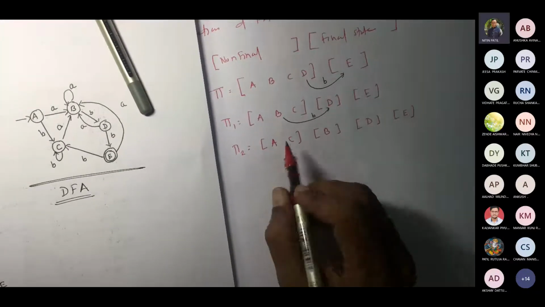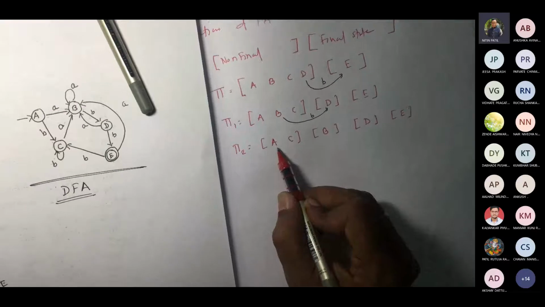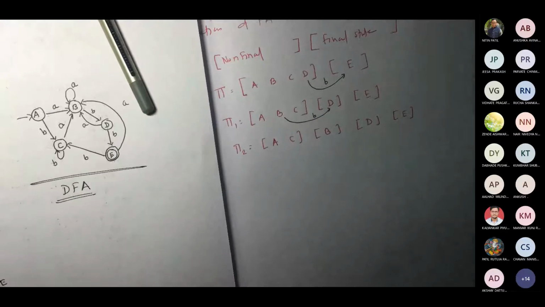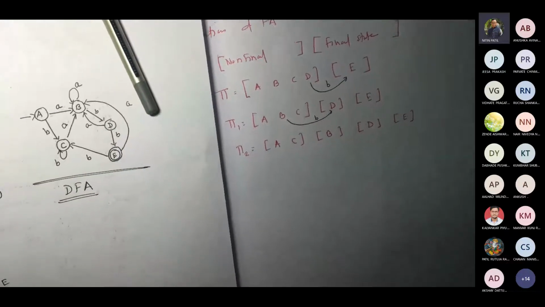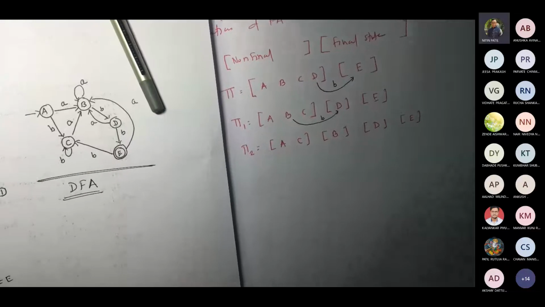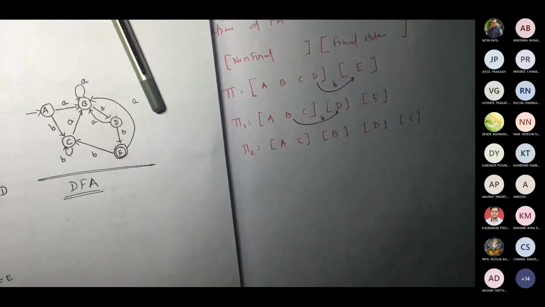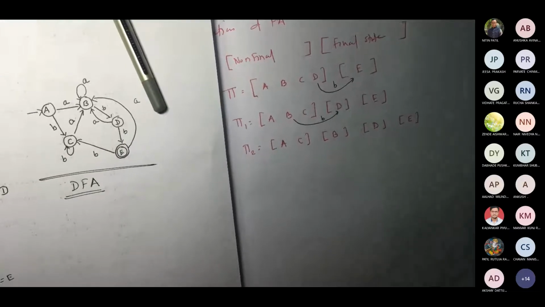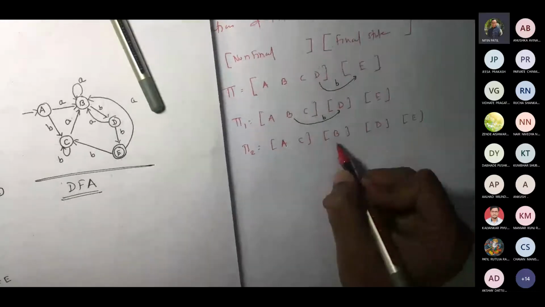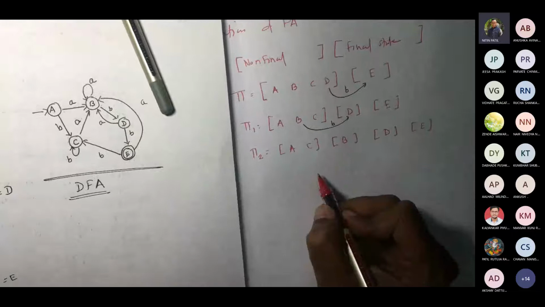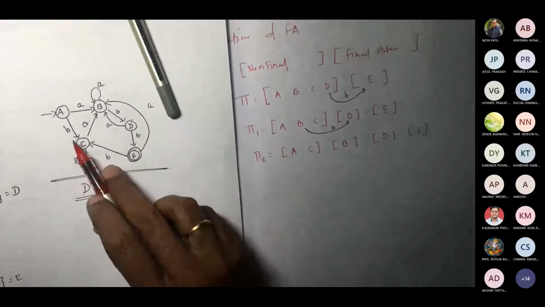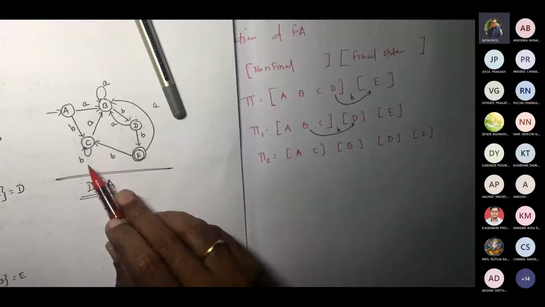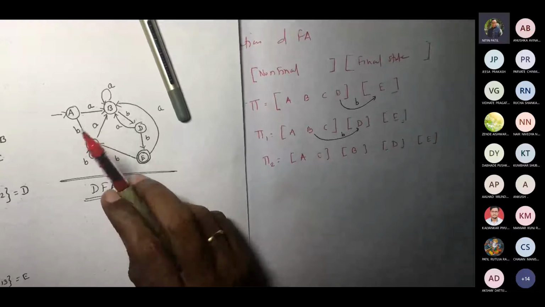That's why. Okay, now if I apply A to A and you apply A to C, where exactly is it going? A with A, C with A. It is going to the same group, correct? And for the other input, which is B, if I give B, it remains in the same group for A and C both. And for input A, again it is going to the same group.